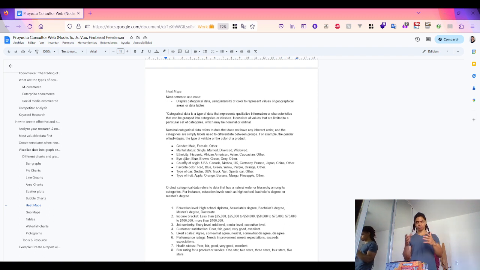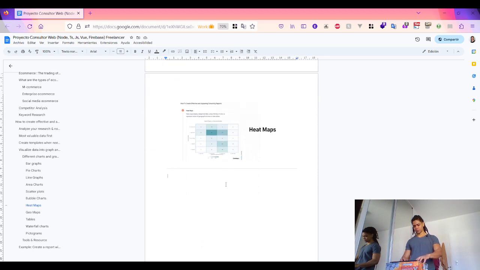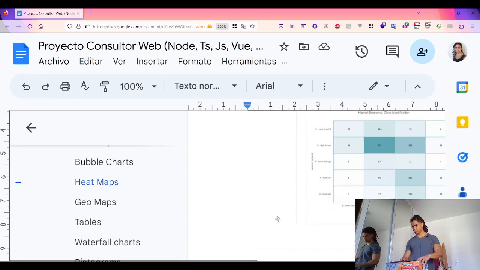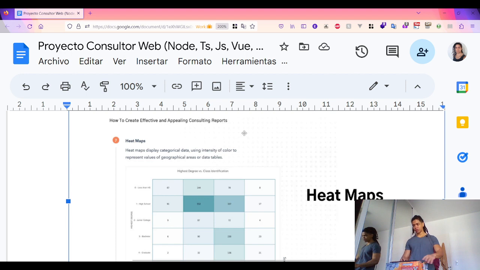So you get the idea. So the most common use case for a heat map is to display categorical data with intensity of color. Okay, so how often this kind of data happens, with intensity of colors that represent values on a geographical map or a data table. Okay, so an example of this heat map